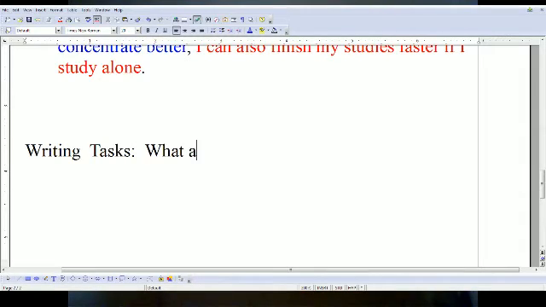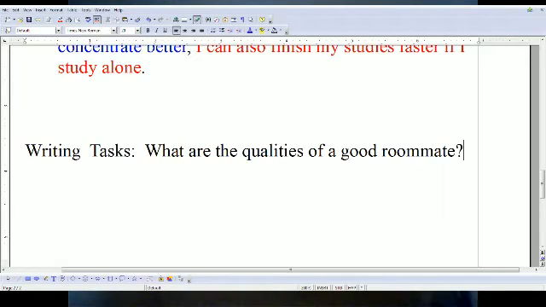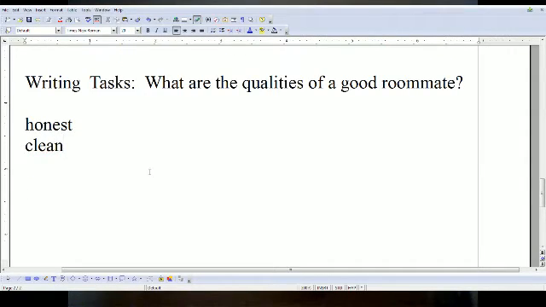Okay, writing tasks. Let's see, what are the qualities of a good roommate, right? Let's say that we have this idea. So the first thing that we have to do is we have to write down what we think the key points are. So I'm going to say one, how about honest? A roommate should be honest, right? How about a roommate should be clean? And then maybe we have one more point. If you have three ideas, you have three body paragraphs, then you have a conclusion and your introduction. Now you have five. You want to get one more idea here. So honest, clean, and maybe